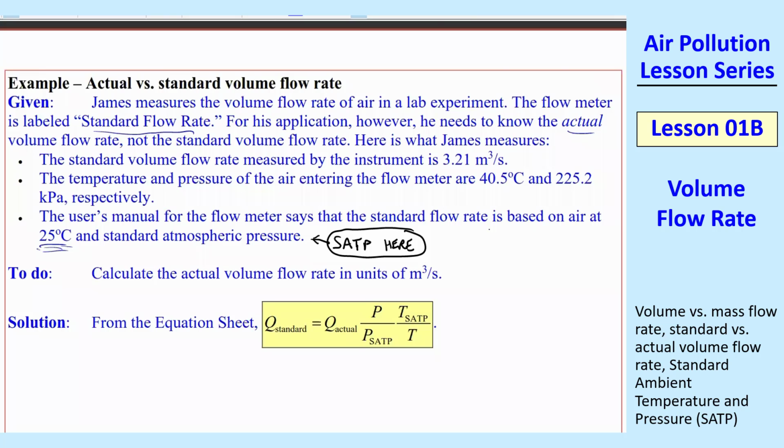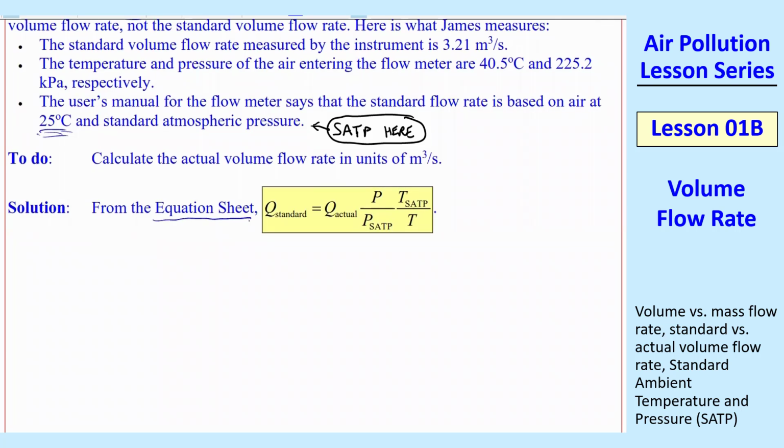Well, we plug into the equation. By the way, all these equations are on the equation sheet, and I recommend that you refer to that a lot as you're doing homework, as you're taking quizzes. Get familiar with where everything is on that equation sheet. It's in roughly the same order as we present the material,